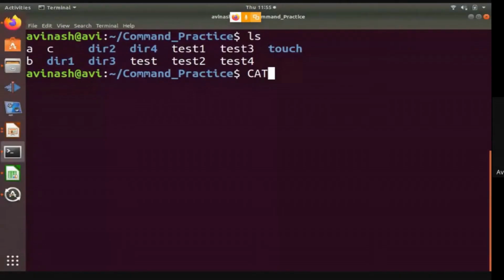And third purpose is you can redirect the output of one command as input to the next command. That means you can copy contents of one file into another file. So three purposes this command can satisfy: creating a file, displaying a file, and copying the contents of one file into another file. Okay, let us understand the use of this command.